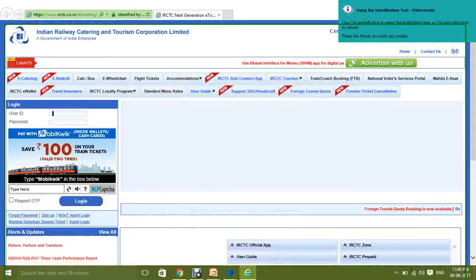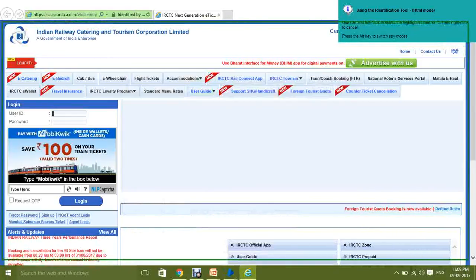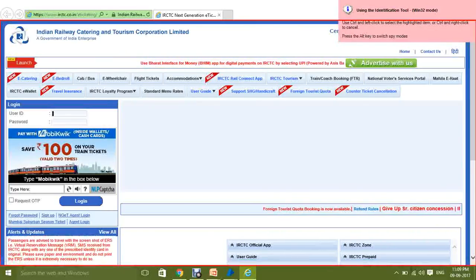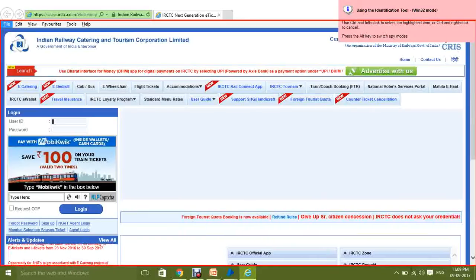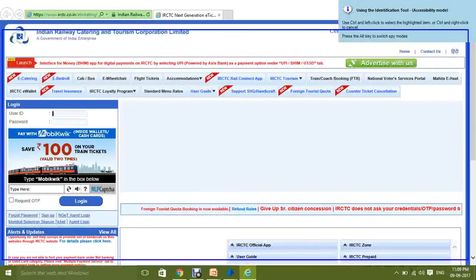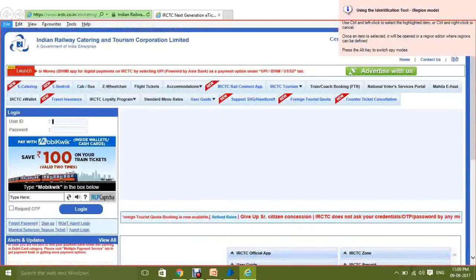So whenever we click on identify, we can see that by default it came with HTML mode. But when we are working with surface automation, we have to work with region mode. So I am pressing Alt to change the mode of spying. It has been changed to Win32. You can see it in the top right corner, it's in Win32 mode. But what we need is region mode. So I am again pressing the Alt button, and again I am pressing the Alt button. Now it has come into region mode. Whenever it comes into region mode, hold Control and right click on it.